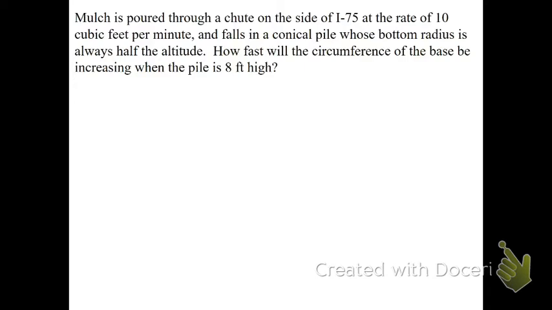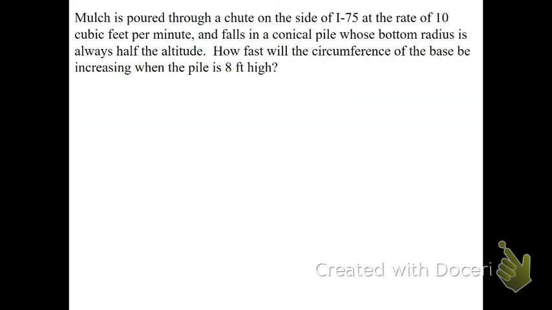But different from yesterday, when that happens, the conical pile is going to be such that the base is the circle. Okay, so this time your conical pile is going to be shaped like this. So the bottom is the circle because you're making a pile of mulch. Okay, conical pile. All right, mulch is being poured or shot through the chute at a rate of 10